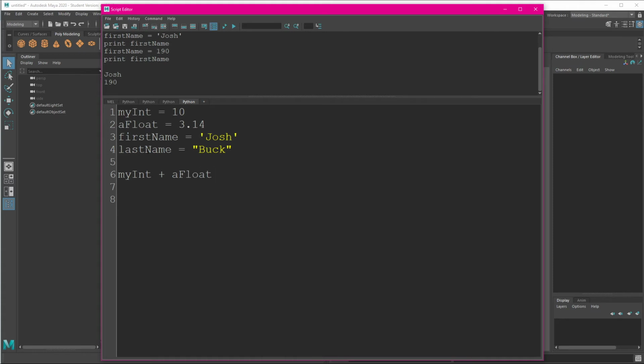Okay, and let's print that out. And what we're going to get up here is 13.14. So we made a very, very basic calculator. I can also do print first name plus last name. And this is concatenation. So we're tying two strings together, okay? And if I want to put a space in there, very easy, I'm just going to add a space.